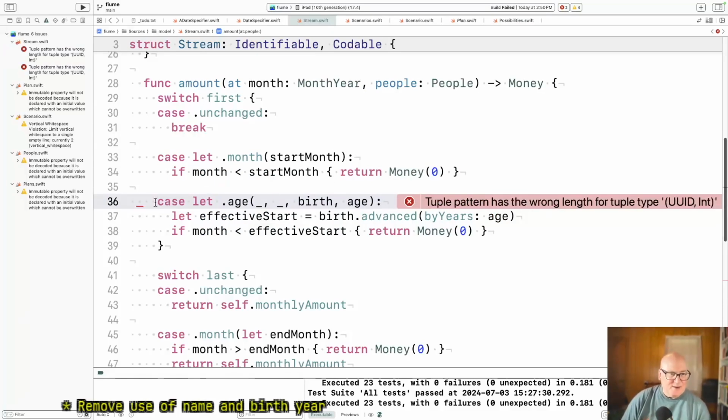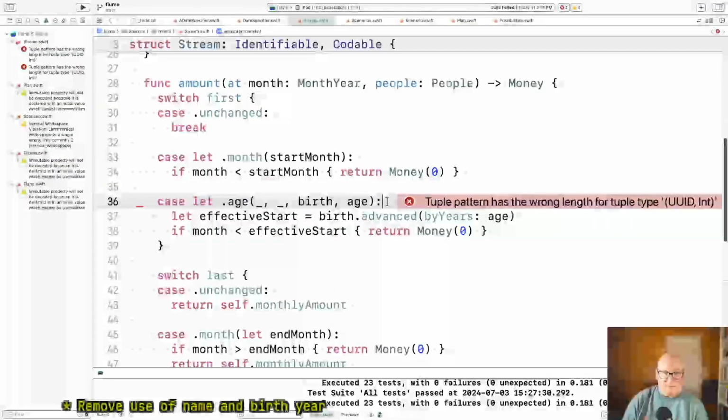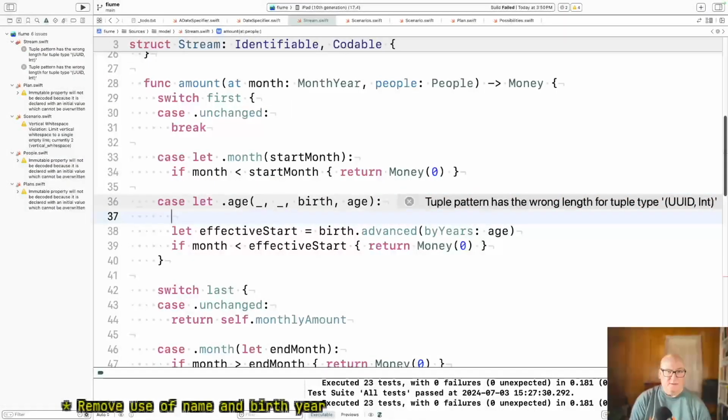All right, so now we have birth. We need to compute birth.